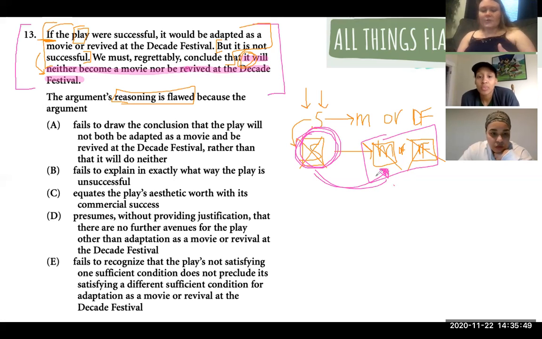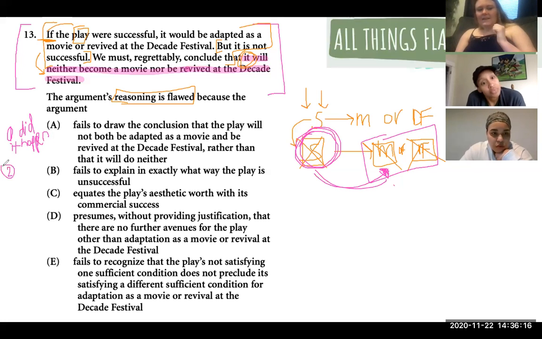And so for our answer choices, the questions we ask ourselves: one is, did it happen? Because some of these answer choices will happen, but not be the flaw. So you ask yourselves first, did it happen? Or these answer choices will be a legitimate flaw, but it just didn't happen in our argument. So if we say no to the first question, we just cross it off. The second question we then ask is, is it a problem?